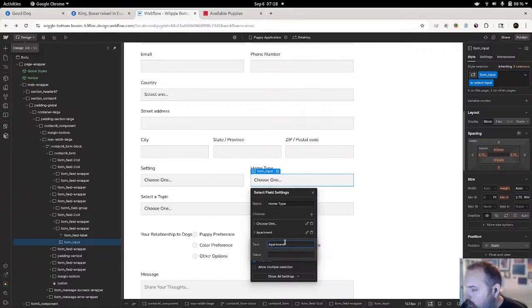Apartment. Whoa. Although for this purpose, I guess it does matter because it kind of indicates what is rented and what's not.